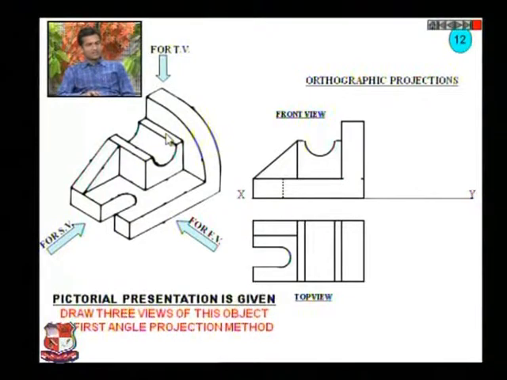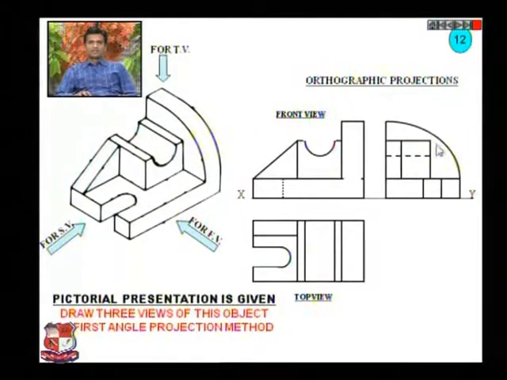These edges are fully visible, no dotted line in the top view, because all the edges are fully visible to us. And for its side view, this is the side view of this object. You can see this curvature shape which is over here, that is visible in side view only. And this arc or semicircular hole or half circle cut, its bottom line will not be visible, hence it is represented by the dotted line from this end to this end. So this is the third view or left hand side view of this object.